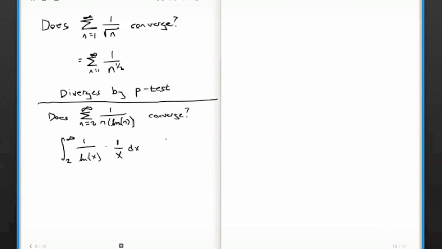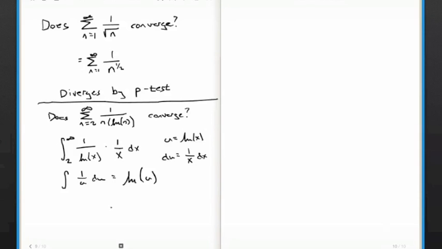I'm going to say that u equals the natural log of x, which means that du, the derivative of natural log, is 1 over x dx. Now that's convenient because here's 1 over x dx, here's 1 over u, so this becomes the integral of 1 over u du,